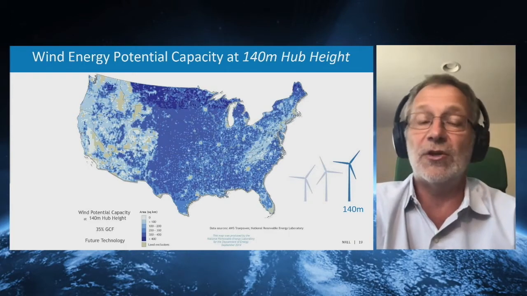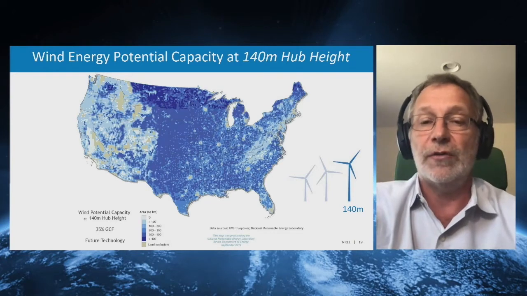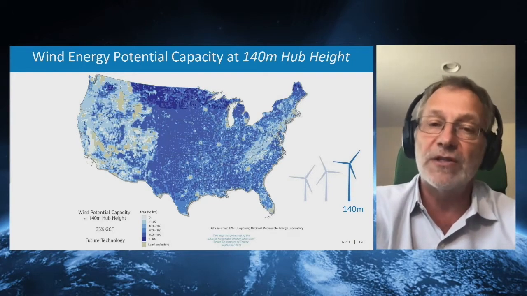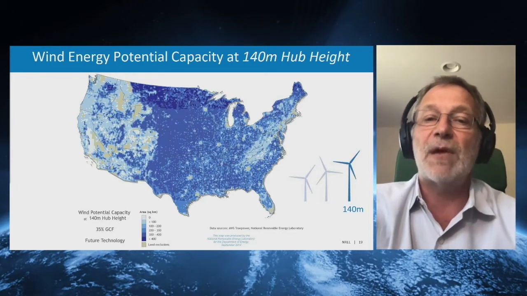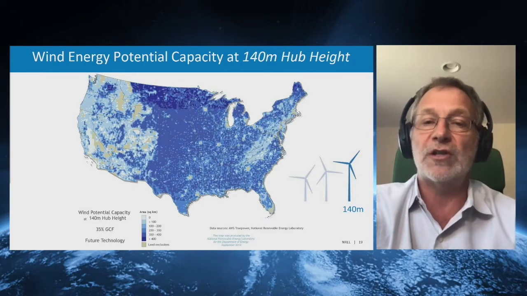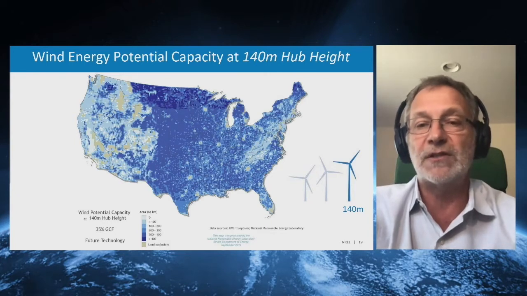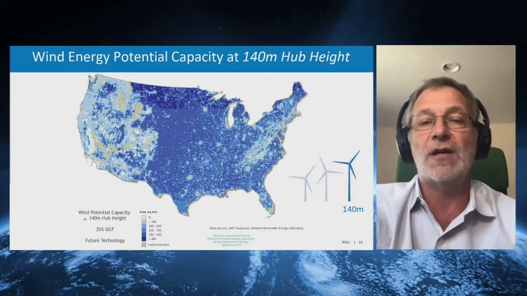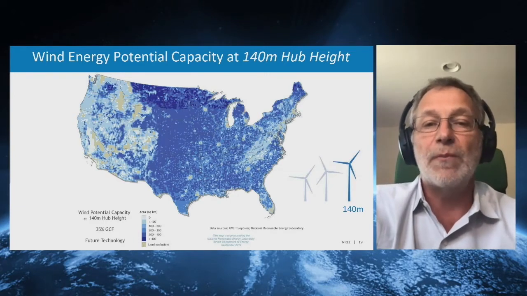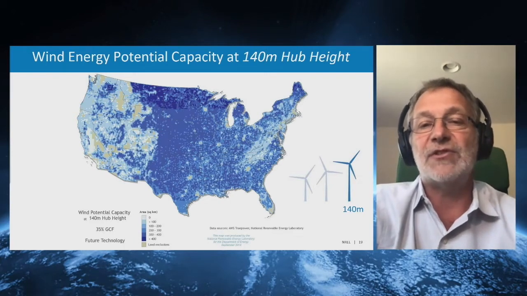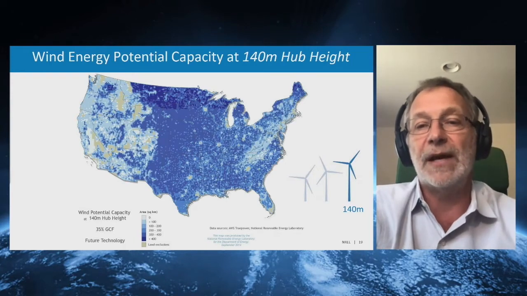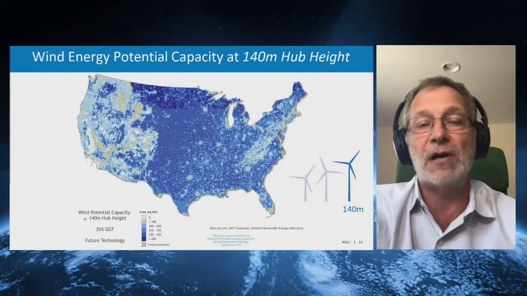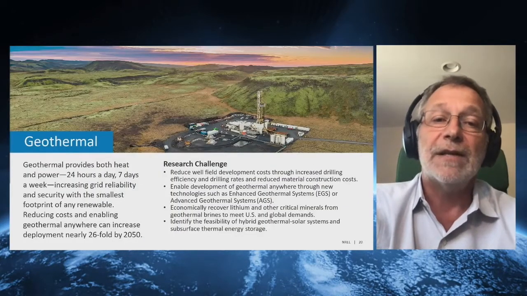On offshore, you have the manufacturing sites on the coast, and then you barge the big machines out to the site. This concept does not work on land, and that's why we need to develop a fundamentally new concept, starting with new materials and all the way to new manufacturing processes, to make these machines taller and reach the tremendous potential to have wind in every state. And with this 140-meter hub height, we get gigantic machines with a lot of efficiency and a lot of power output.